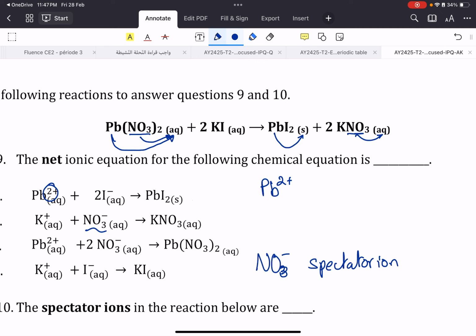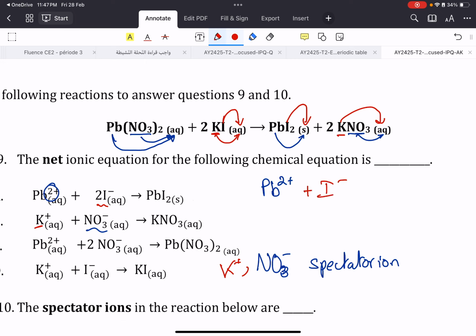No change to it. Now, let's take K. K was aqueous. K is still aqueous after they did the replacement. So K+ also is a spectator ion. Whereas I was aqueous and now I makes part of a solid compound. So I-